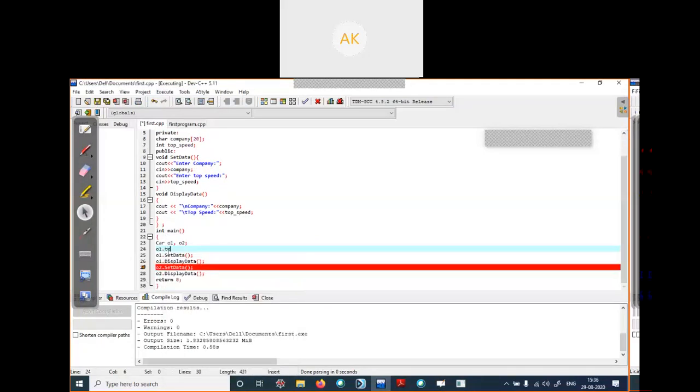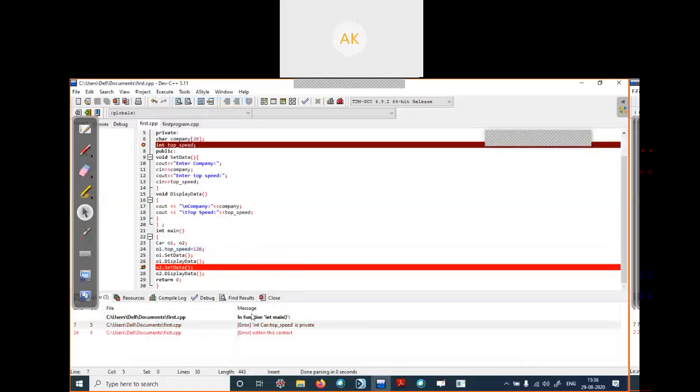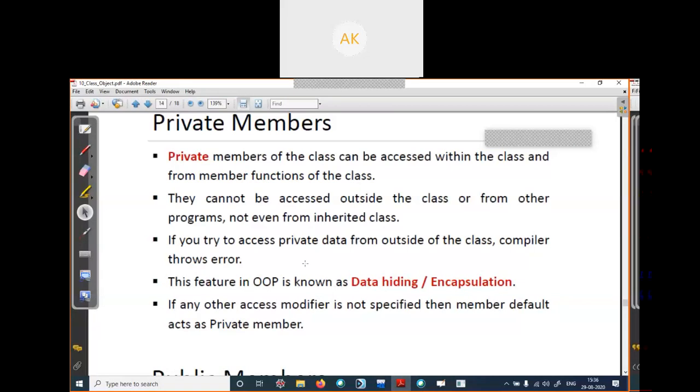I set the top speed here to 120. Accessing it should throw an error because top speed is private. Let me run it. As you can see here, int top speed is private. You cannot access it outside your class, so it gives you an error.